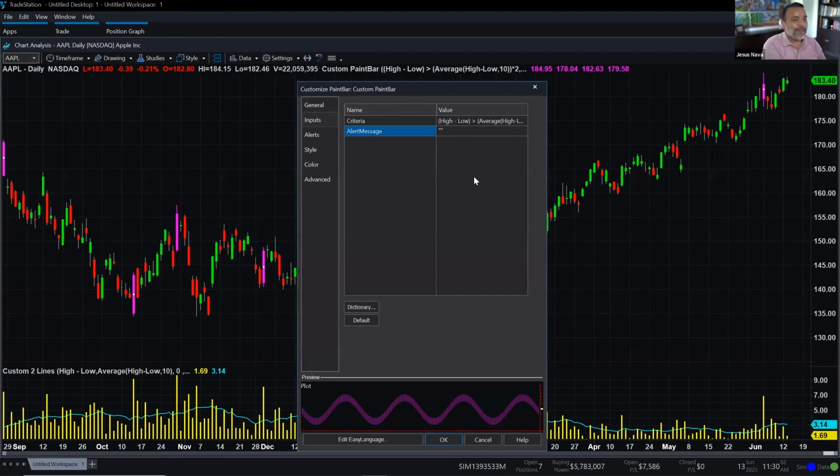So I can say range is double its average. Okay, range is double its average. That's the alert message. So that would only be real time on today's bar, but that's okay. You have the alert criteria, and you can do a custom message for